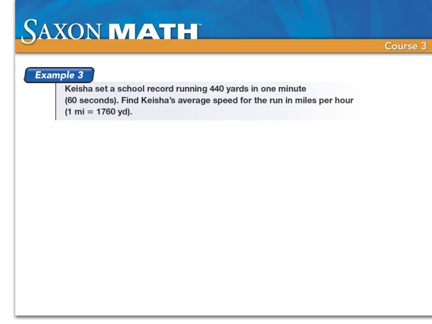Okay, well, we're going to take the information they give us and set that over each other. So we're going to take 440 yards and set that over 1 minute. Now we're converting from yards to miles, okay? And we're given the conversion here. 1 mile is 1,760 yards. So the yards are going to have to go on the bottom to cancel out the label on top. So we're going to have 1 mile